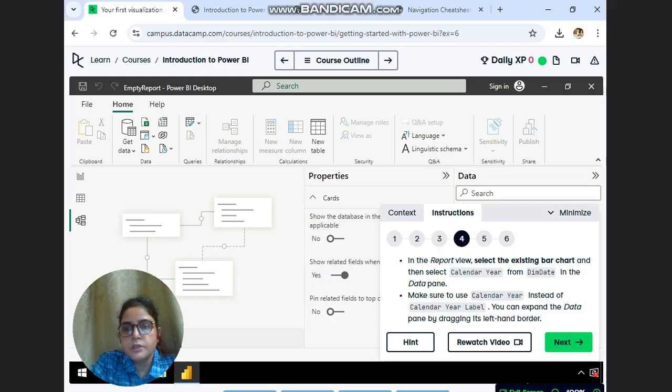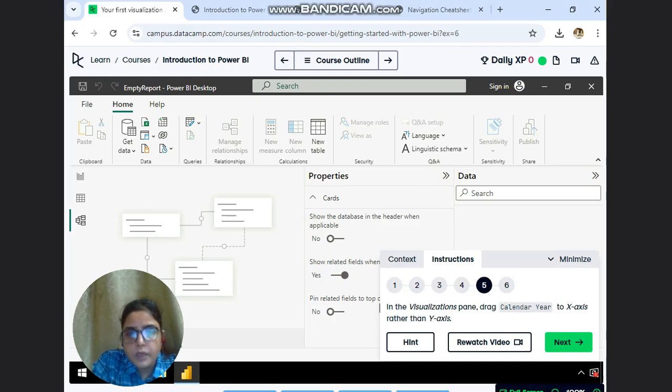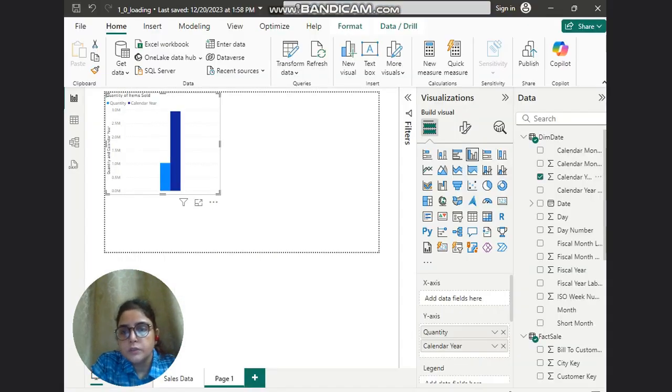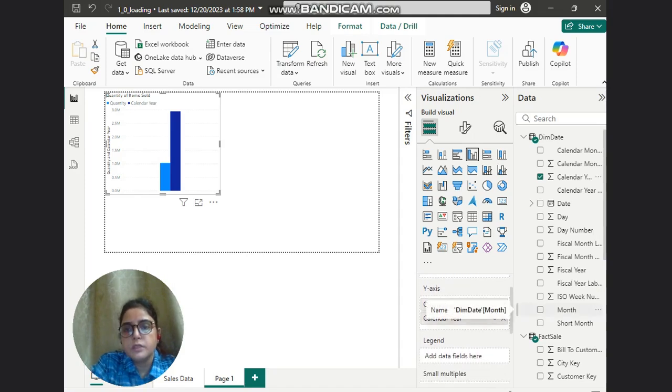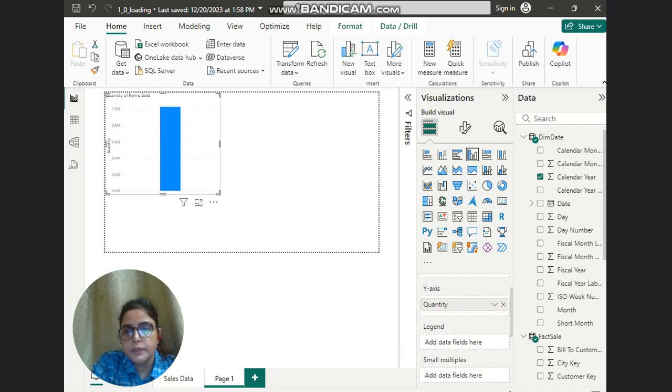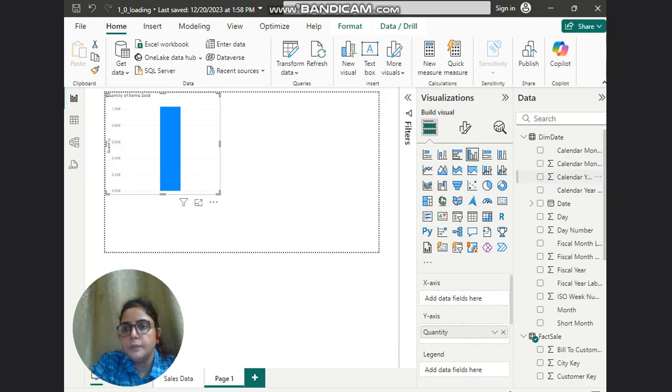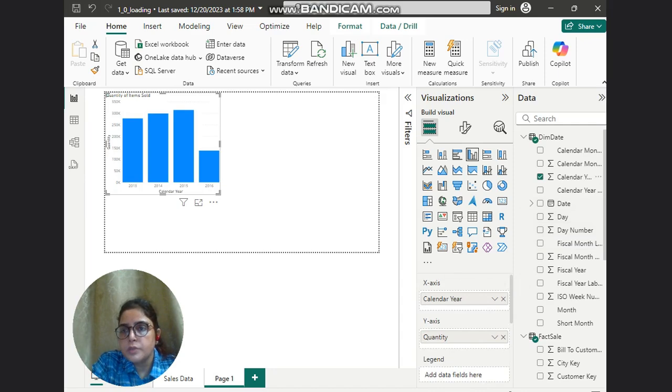Now the next instruction is, in the visualizations pane, drag calendar year to x-axis rather than y-axis. Let's check. Okay, this is on y-axis, so we will cut it from here, then drag it on x-axis. Calendar year. Now you see your bar chart.